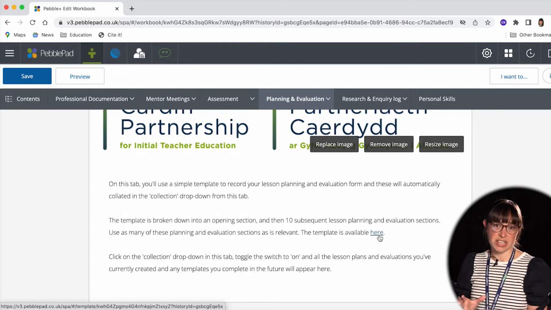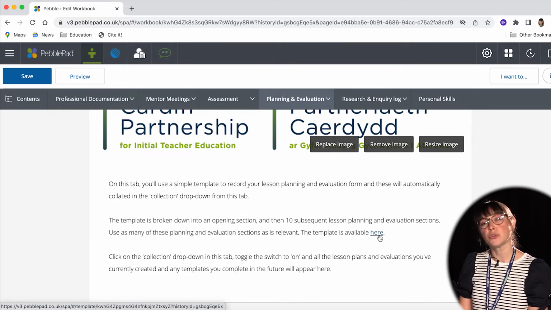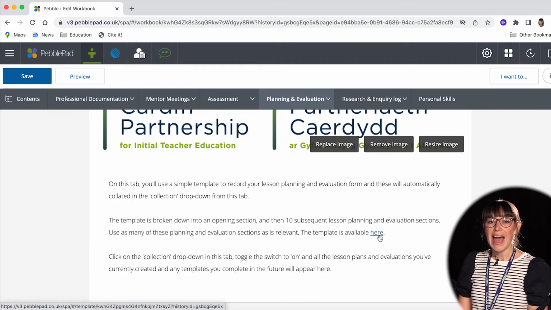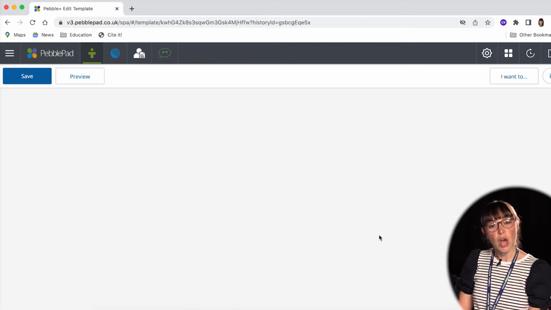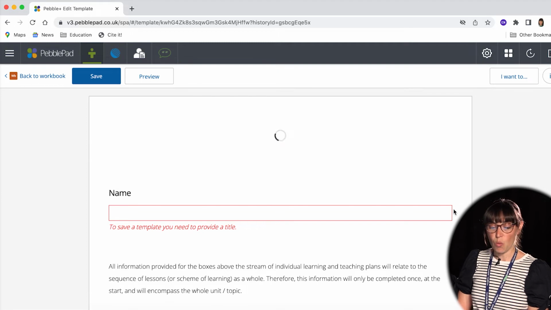Now, there are differences between primary and secondary about how you will use these sequences of lessons, and you will get a lot of guidance and information about how to plan lessons, looking at the minutiae of it and how to evaluate those lessons to make sure that what you intended in your lesson plan actually came to pass in terms of the pupil's progress against those learning intentions. So I'm not going to talk to you in depth and detail now about how to plan lessons, but I will show you, if I click on this link here, what you will see when you start to plan a